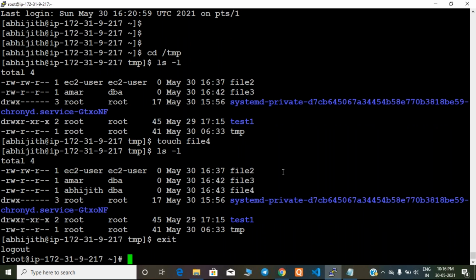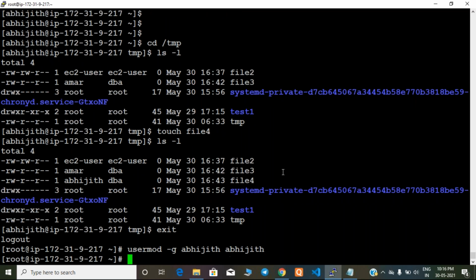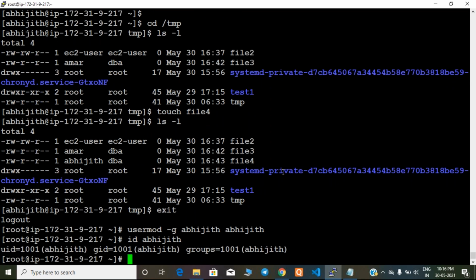Go back to root, usermod -g Abhijit. Now see, Abhijit is not part of the DBA group. A group should compulsorily be there. You have to assign that user to one of the groups.